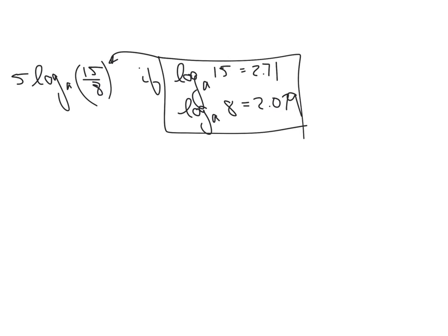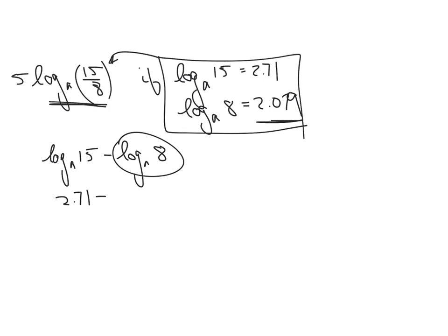If we look at this here and we want to write it correctly using additional logarithmic properties on page 336, that can be written as log base a of 15 minus log base a of 8. Now I know log base a of 15 is 2.71. Log base a of 8 is 2.079, and then I can figure that out and get